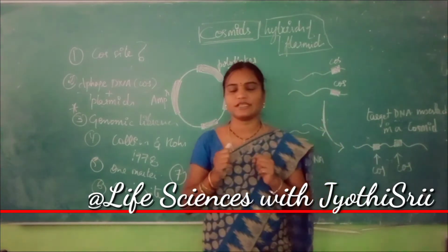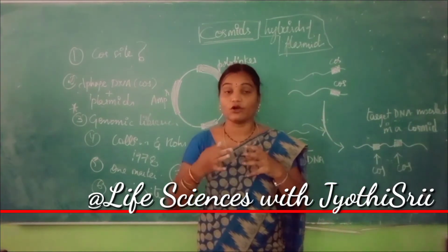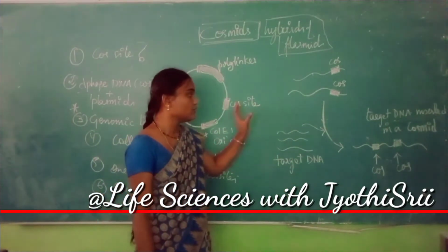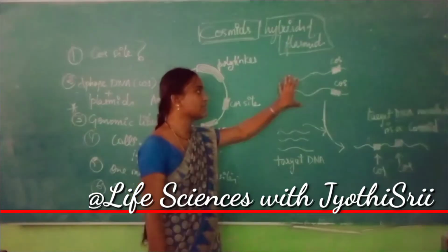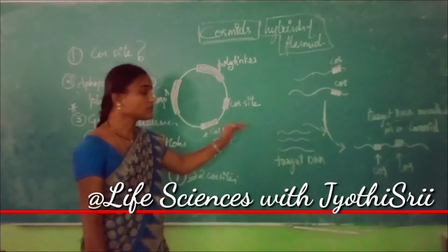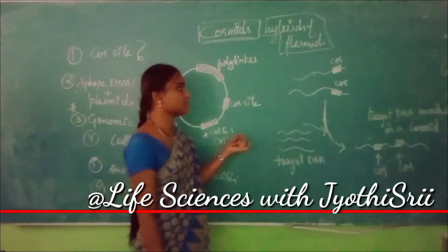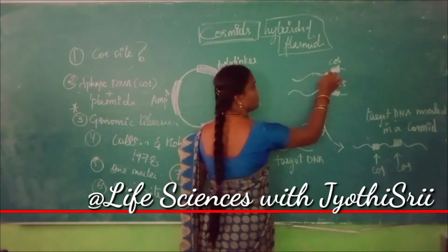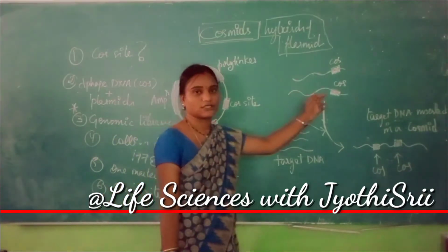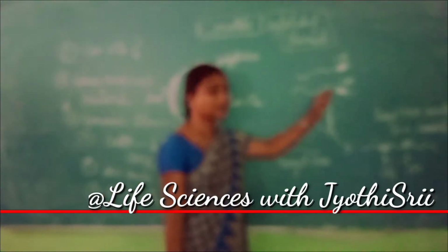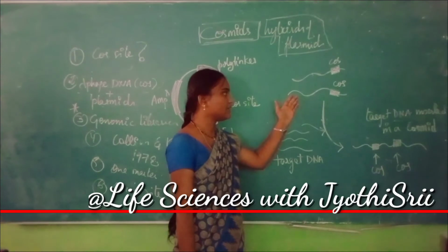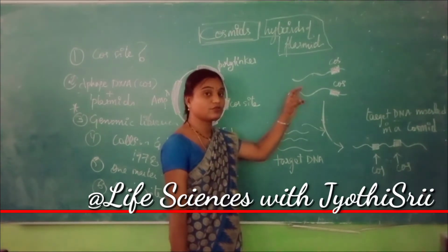Now, how is this cosmid generally used as a vector? What is the working of a cosmid? You will learn that in the coming session. Coming to the working of the cosmid, suppose these are your cos sites. This cosmid is treated with restriction endonucleases, and then two DNA fragments with cos sites are produced from this cosmid vector. So these are the DNA fragments of your cosmid vector with cos sites.